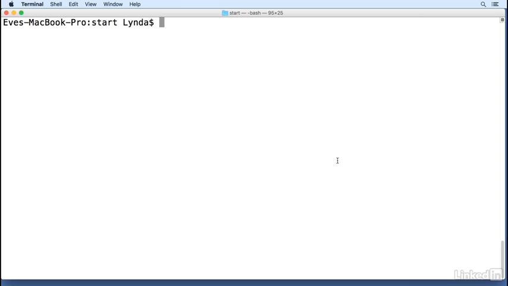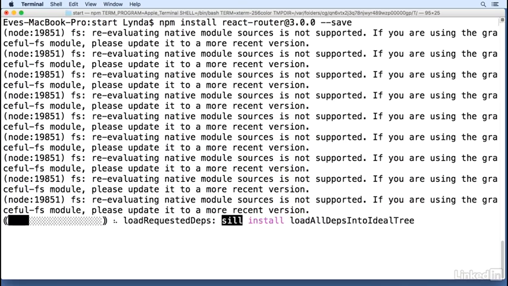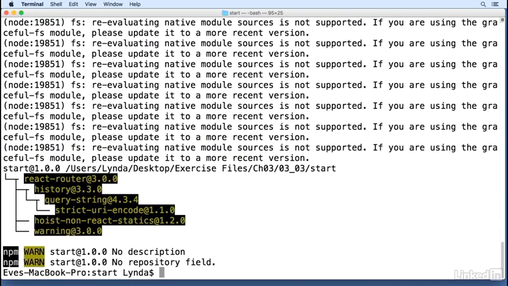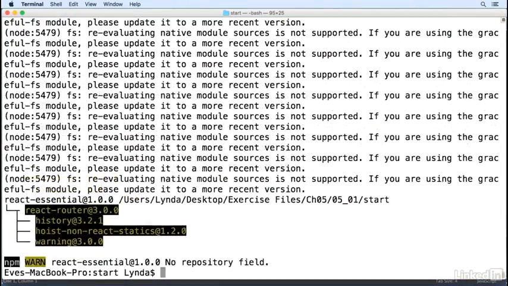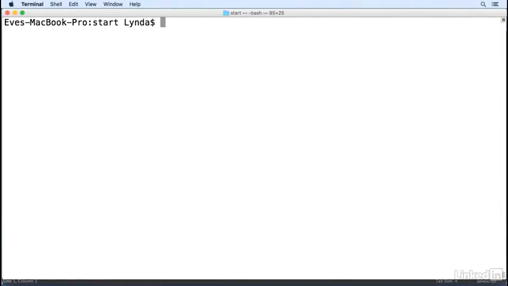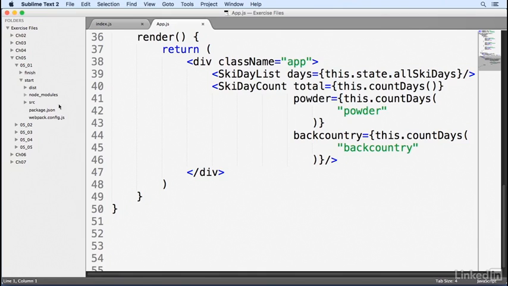First, we want to install the React Router from npm. We want to install it at version 3, so I'm going to say install React Router at 3.0.0. And we'll give it a save flag. Excellent. The next thing we want to do is go over to our index.js file inside of